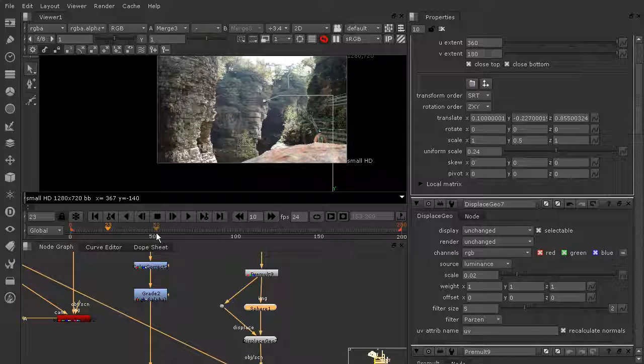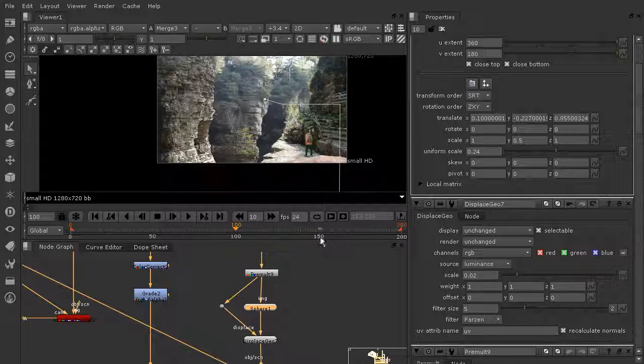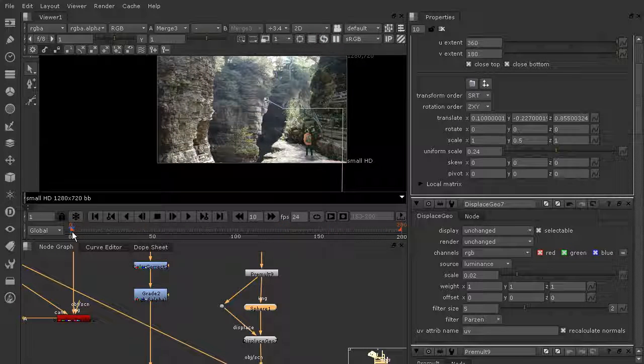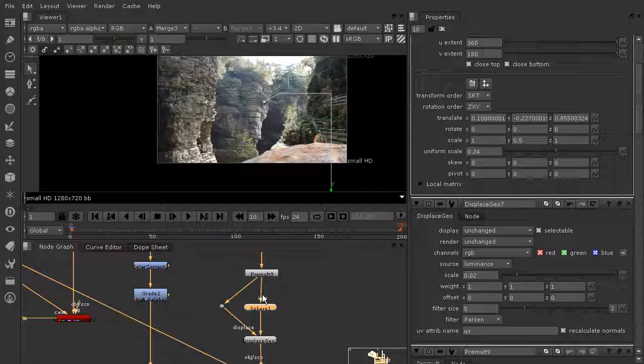Now the rock is still going to need some color correction, but we're well on our way to having that nice bit of foreground geometry. So stick around, and in the next lesson we'll be finishing up fixing the rock, and also if we